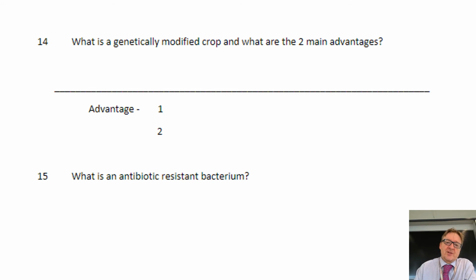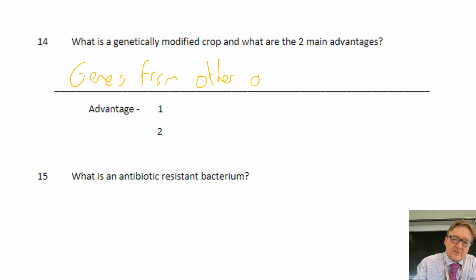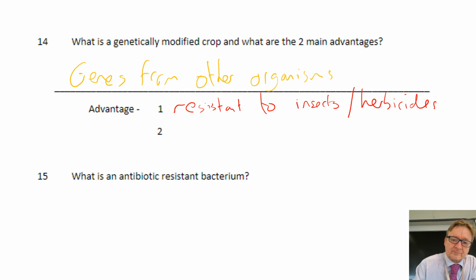Question 14, what is a genetically modified crop and what are the 2 main advantages? Right, a genetically modified crop is where you've got genes from other organisms. Okay, 2 big advantages are those new plants might be resistant to insects and herbicides. And the second one could be you might increase